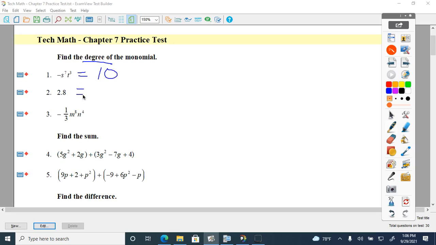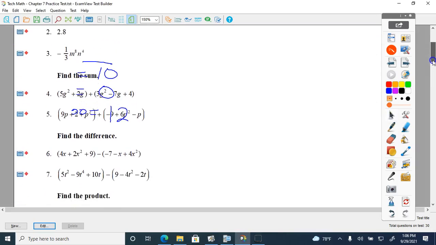Does number 2 have a variable? It does not, so it's 0. This one has 8 and 4, so it is 12. Easy peasy. Okay, 4 and 5, we are adding